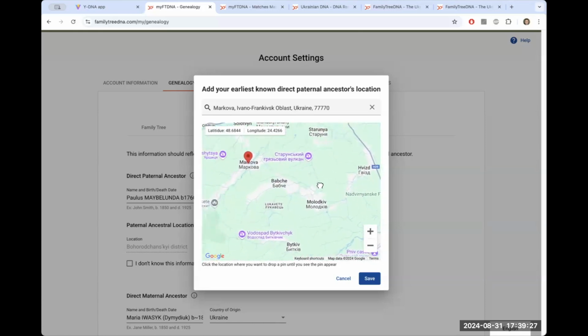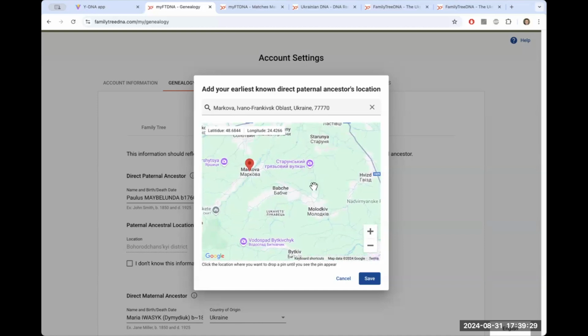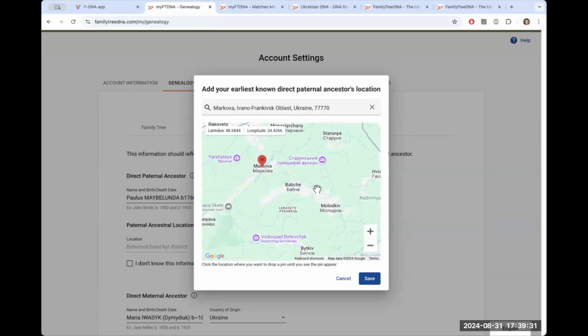So these are my closest geographical locations, which are in this or that way related to my genealogy. But Markova is one place so far, the closest where my direct paternal ancestor is from, at least